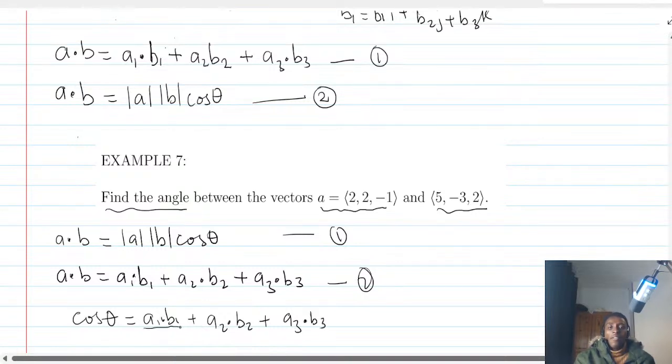Then I divide everything here by the magnitude of A